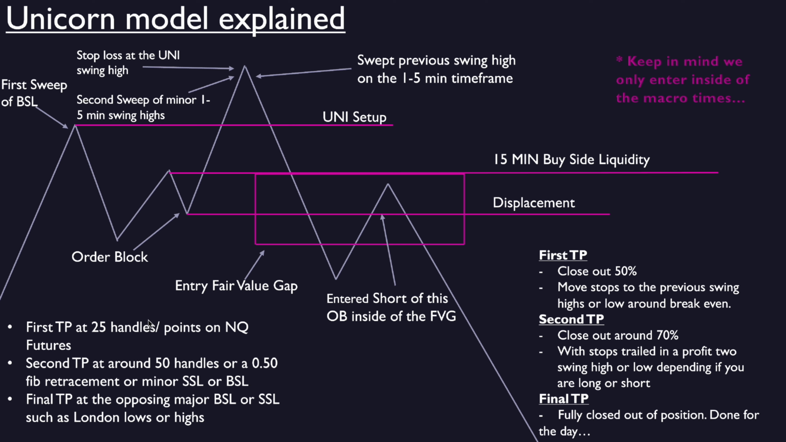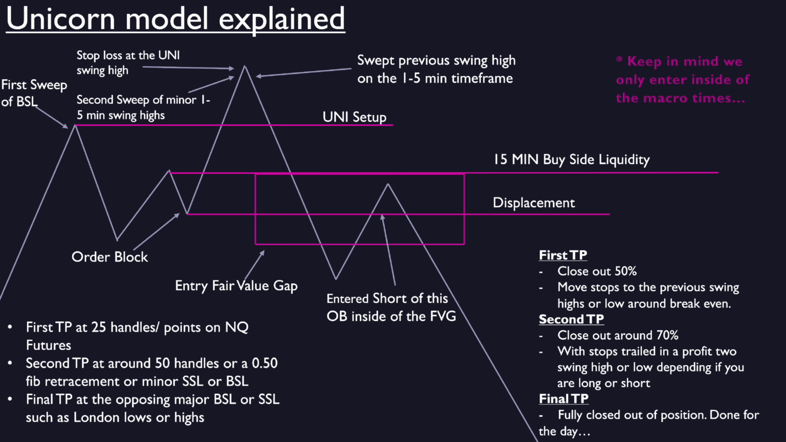We run our first TPs at around 25 handles, or if you're going short, it will be a previous short-term low or minor sell side liquidity. After the first TP, you would actually trail your stops to that previous short-term high, or you could trail it to break even depending on the conditions and whether that is actually a valid point to trail your stops to. At second TP, which is resting around 50 handles, or say a 62% or 50% retracement for price,